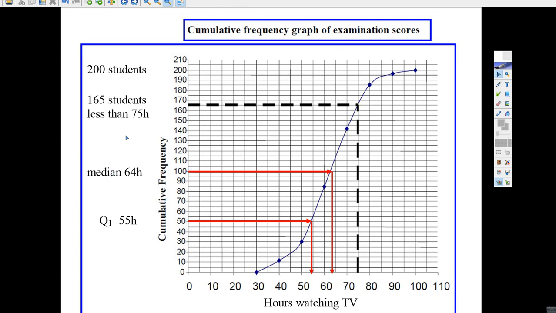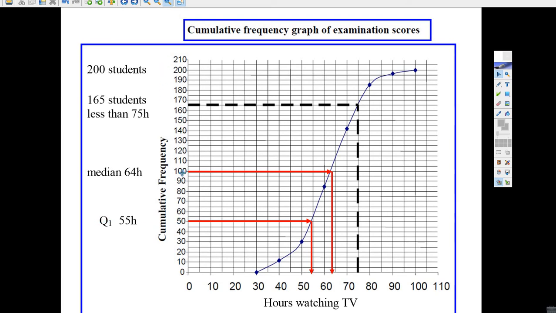Well, for the median, you take the number of students and go to the middle. Just divide by 2. That's 100. You run over until you hit the ogive curve and run down, and there'd be an estimate. You'd estimate 64 hours. If they said estimate the first quartile,